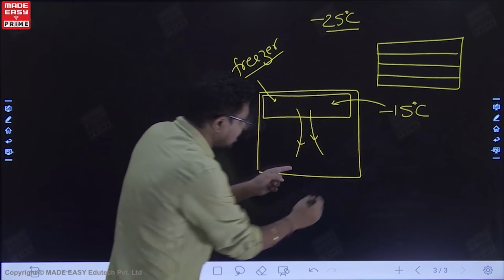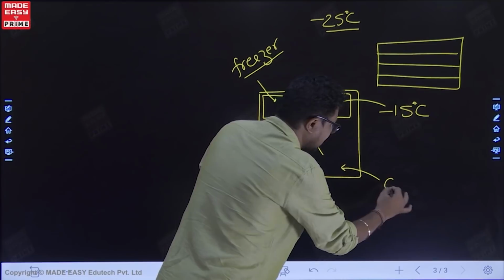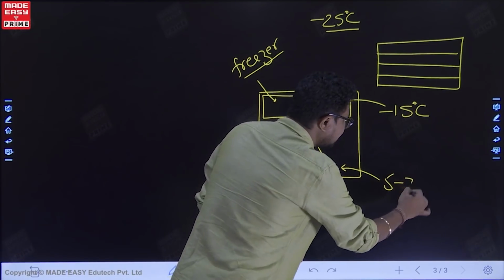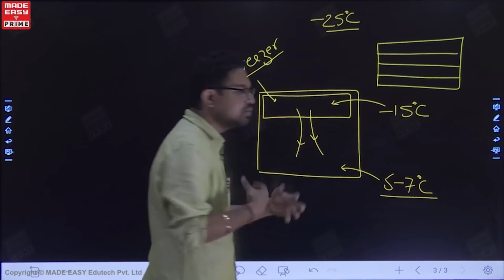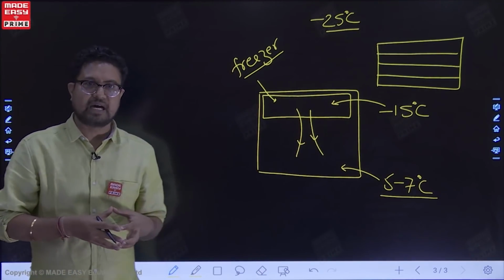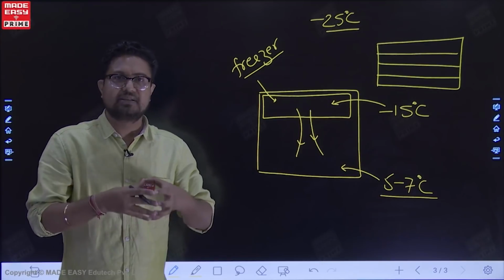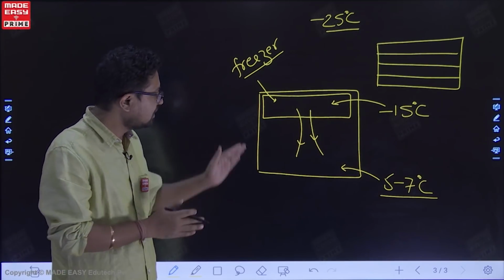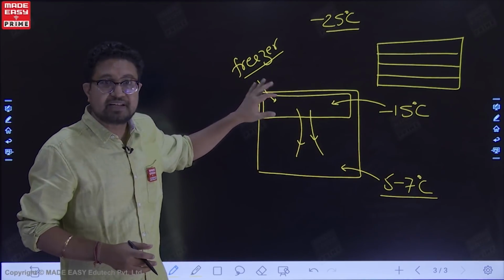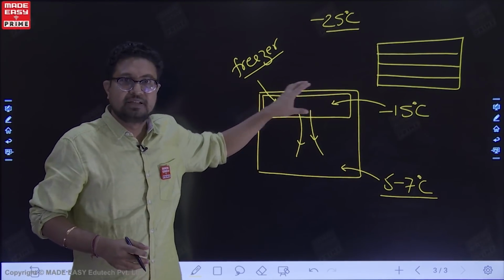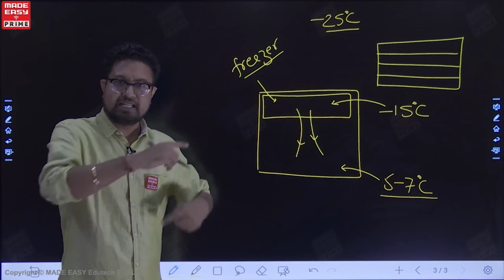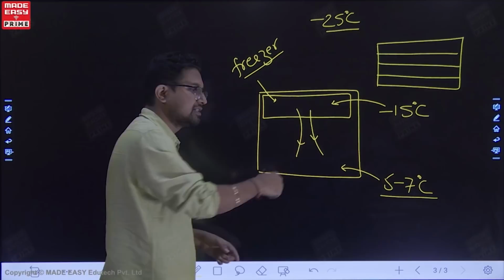The temperature on the bottommost section is around, let us say, 5 to 7 degrees Celsius. These are the general values for the domestic conventional type, that is, old type of refrigerators. So the only refrigerant flow is at the top, the air gets cooled here and that air flows down here, and this air continuously circulates.